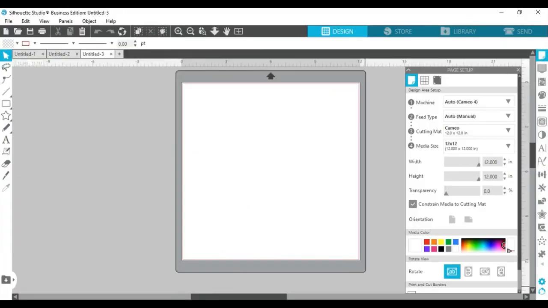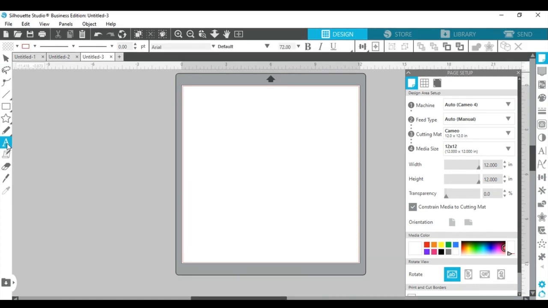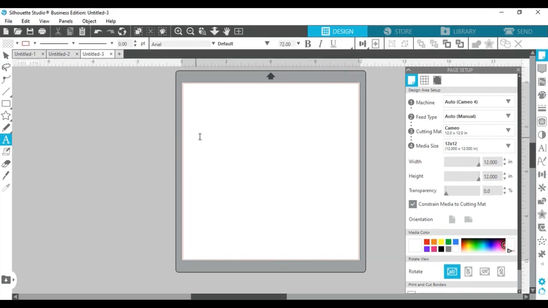Okay, we are in Silhouette Studios Business Edition. The first thing I'm gonna do, I'm gonna go to my left where you have these icons where my mouse is, and I'm gonna touch the A. Okay, that is the text panel. I'm going to click anywhere on my canvas and I'm gonna write my